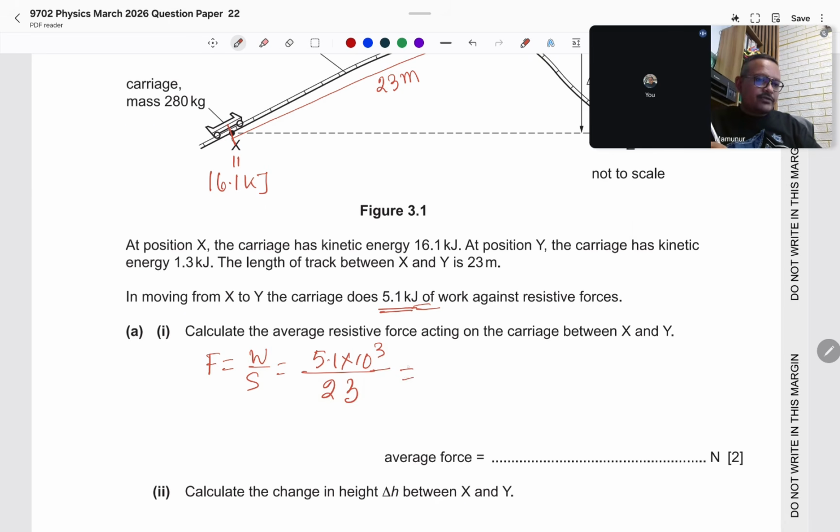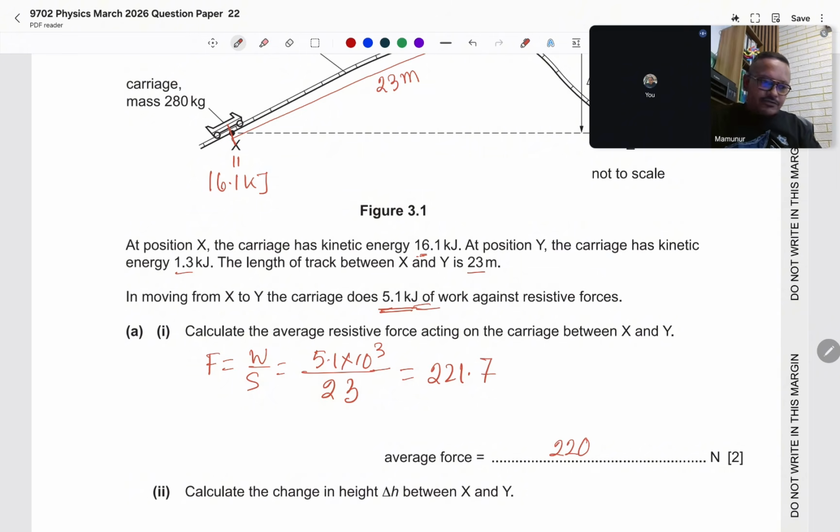Use your calculator and we are getting 221.7. See how many significant figures are here: 1.3 has two significant figures, 23 has two, 5.1 has two, and the 3 has one. So the least is two significant figures, so I need to write the answer in two significant figures. Okay, so it will be 220